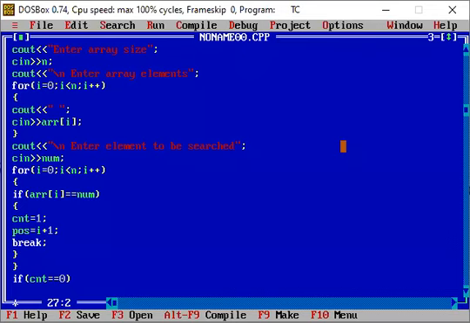So only when this value of count changes to 1 do we find that particular element in an array. If my count remains the same, that is 0 only, that means the element is not in the list.